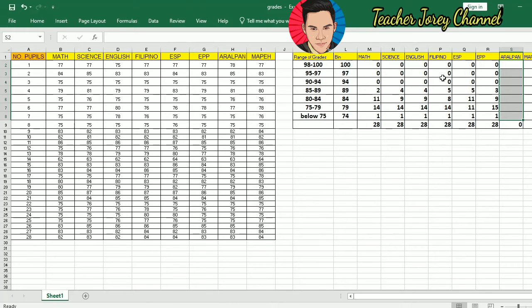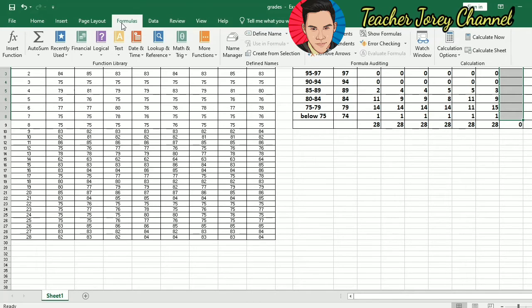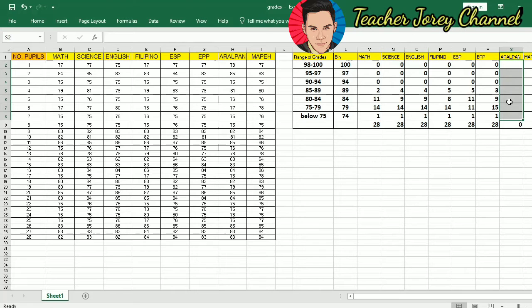You can directly type equals frequency, or you can directly go to formula bar or formula page and then insert function. Any way do you want, or you are convenient enough to work with this in tallying the grades of your pupils. So in my end, for me, the most convenient way in working out with this in tallying the grades of my pupils is to highlight and then type equal sign and frequency,